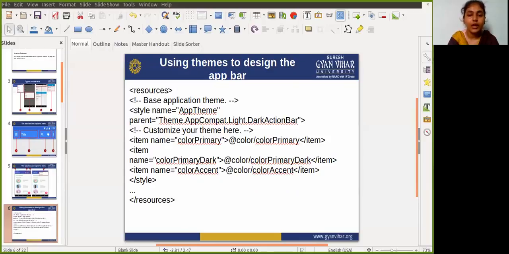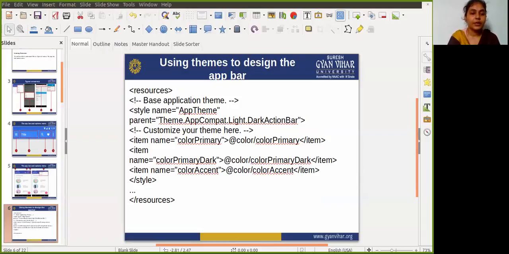Themes in Android are similar to styles, except that they are applied to an entire app or activity rather than to specific views. So when you create a new project in Android Studio, an app theme is automatically generated for you. For example, if you start an app project with the empty activity or basic activity template, the app theme is provided in the styles.xml in the res/values directory.